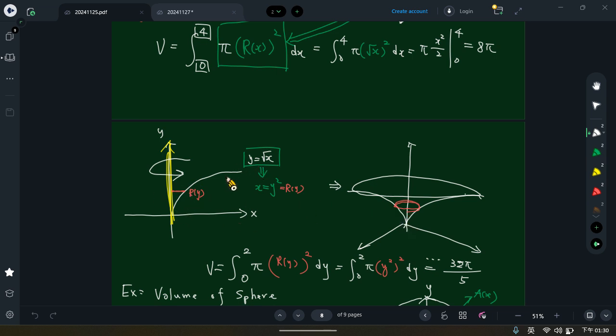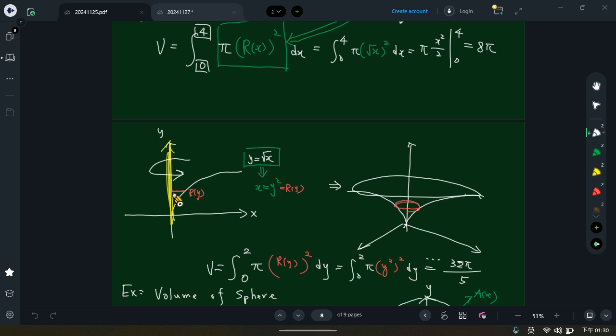Because if you rotate about the x-axis, the result will use this as its radius. However, if you use the y-axis as the rotation axis, you can see here will be the radius, right? Then following the same idea, but this time it will be dy,